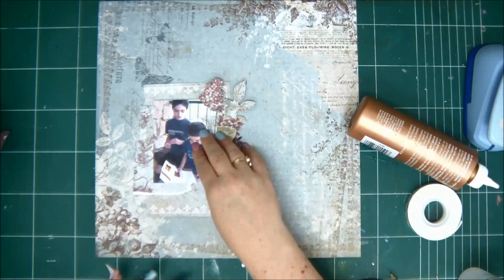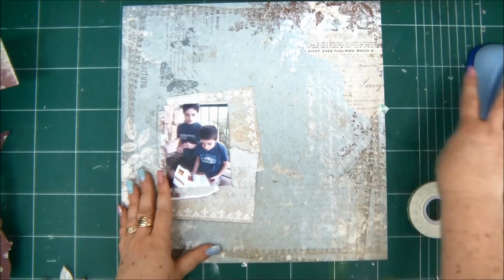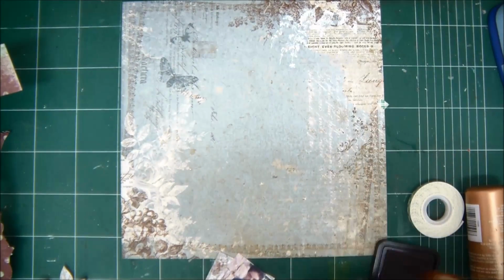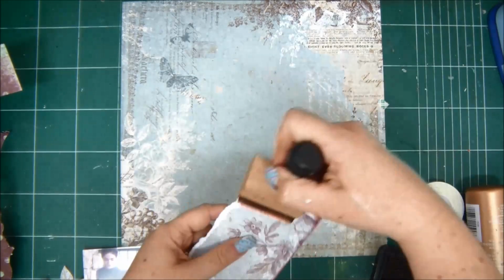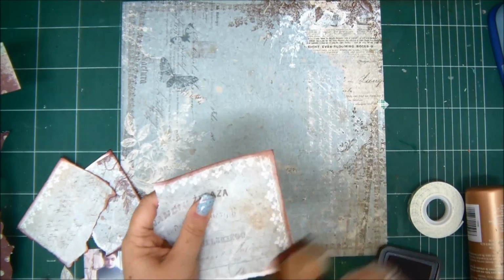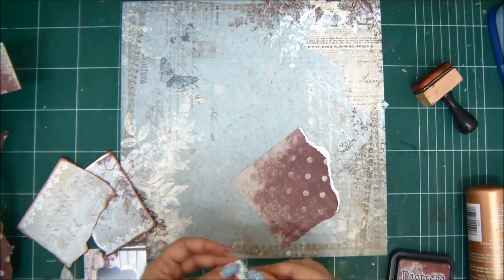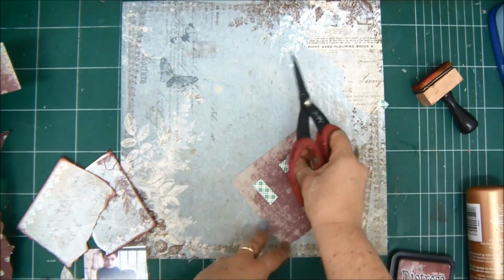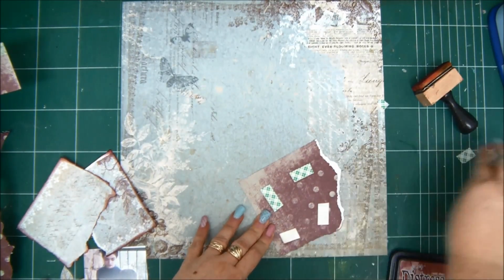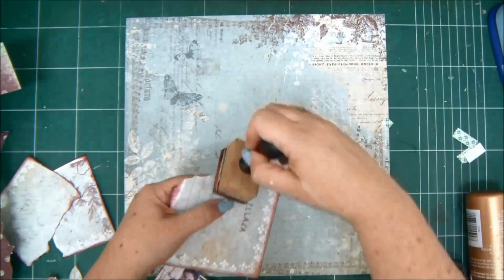So now that we've arranged everything, I'm ready to glue everything down. And I'm just gonna ink the edges of the paper pieces that I'm using as a mat for the photo with some red distress ink that coordinates beautifully with the red on the paper. And I'm going to glue them down to my layout with, again, some foam tape for more dimension. I like dimension on my layouts, and foam tape can create miracles,